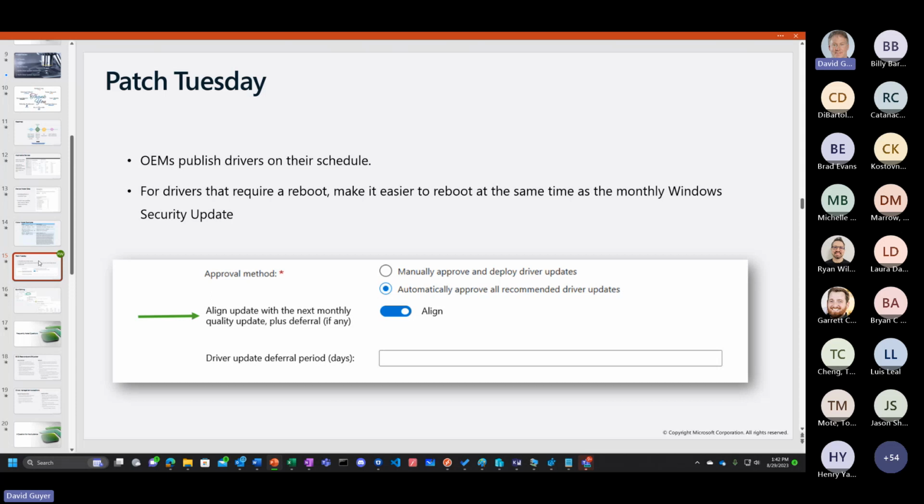But the whole idea here is you'll be able to say, enable that to go. So when a new driver shows up and it's approved, the start date, when automatically approved, is the next Patch Tuesday. And then if you are using deployment rings plus the deferral days, you can make that align with your quality updates, and then have an automatic approval policy that you can just monitor, but you don't have to keep doing manual work every month,